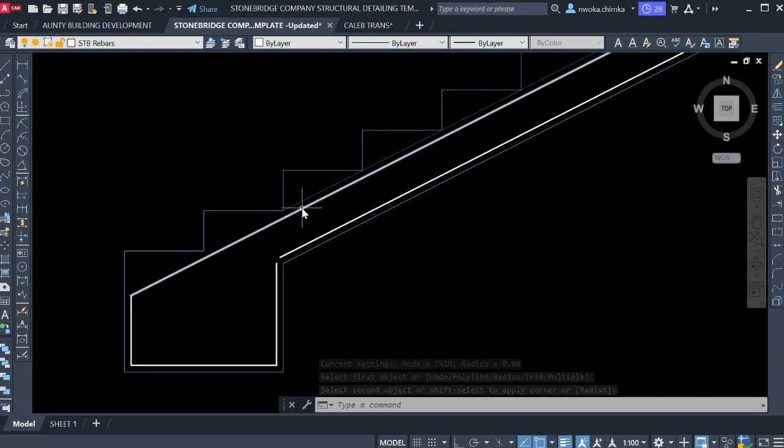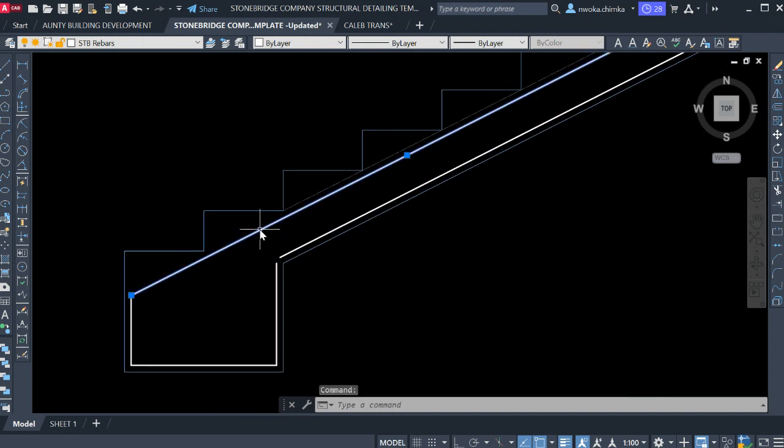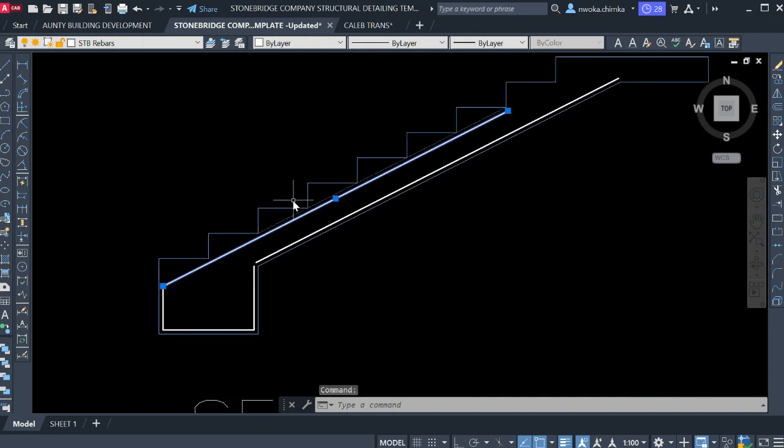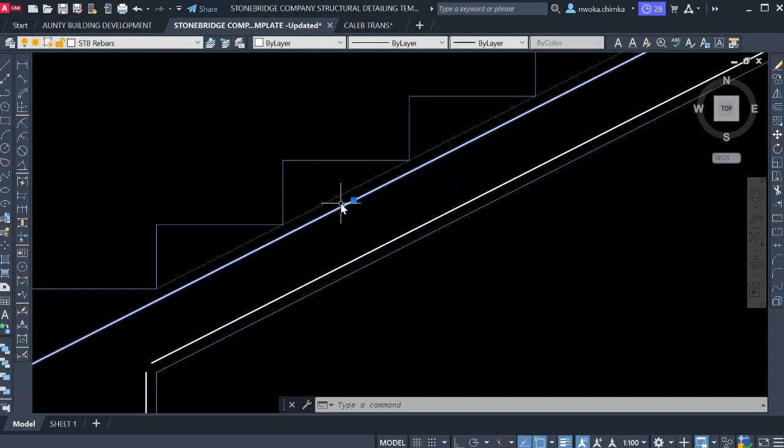Okay, so right now we will have to provide lapping for this top reinforcement for the staircase. The way to get your lapping length is always 50 multiplied by the diameter of the bar, and the diameter of this bar is 12. So if we do